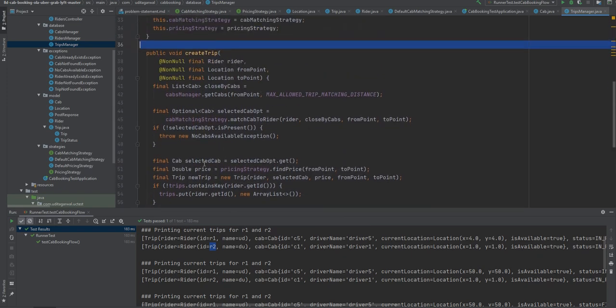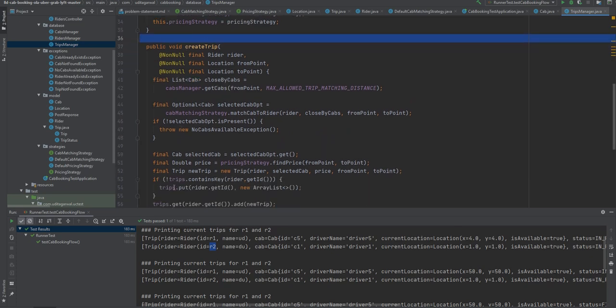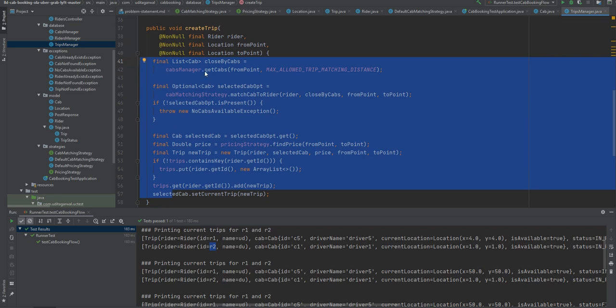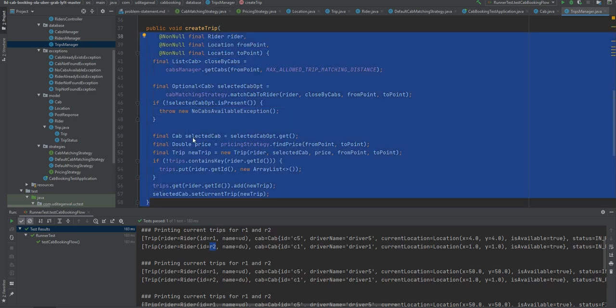Again, other improvements that we can have, which are actually not required from the interview point of view, but let's say if you're building an actual system, then this class is not thread safe at all, right? If two threads enter into this creation flow, and those two threads get the same cab, then a single cab will be allotted to two trips, right? Which is not a good thing. So we can make the trip booking method or the trip booking flow thread safe, because the whole class does not need to be thread safe. There are multiple ways to do it. I'll not go into details of it, but yeah, the trip booking flow should be made thread safe.